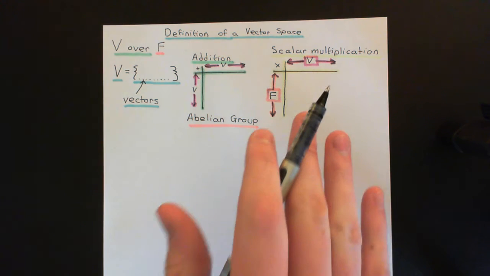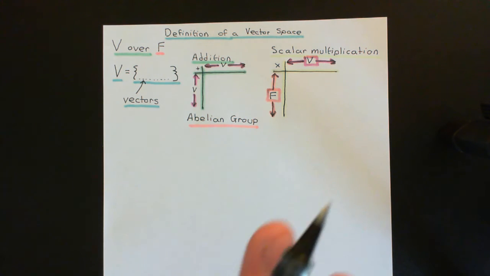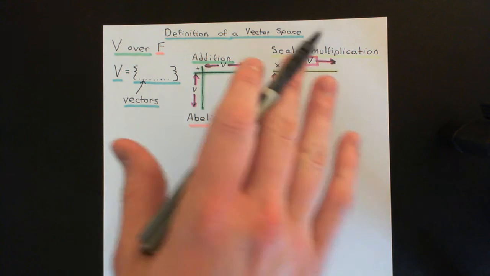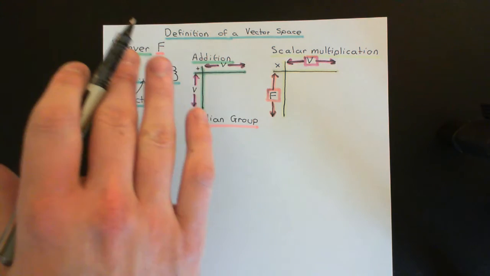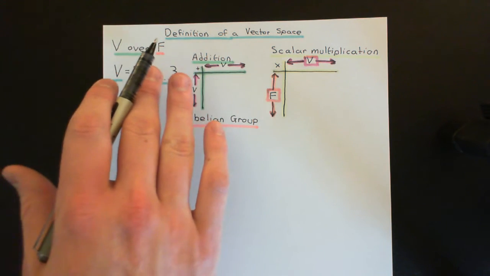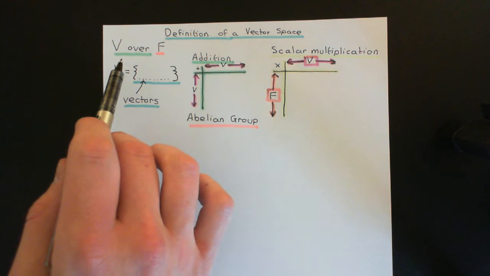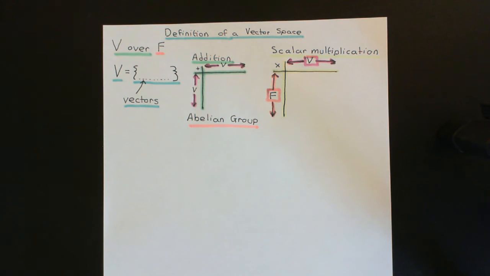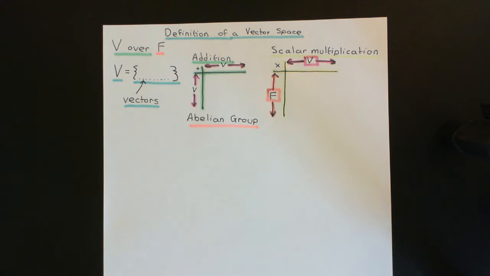Now this scalar multiplication table is going to have to obey a bunch of axioms, and if it does, then overall this vector space will actually be a vector space over the field F. So I hope you understand why, when defining a vector space, you need to have a certain field in mind. You can't do this if you don't have a field. A vector space is defined over a field.